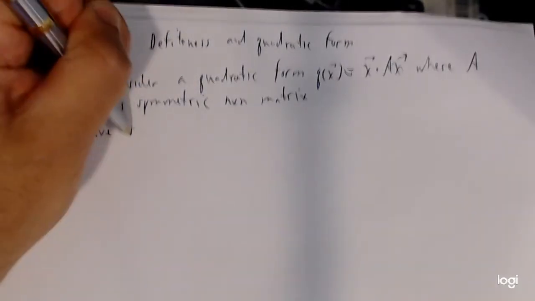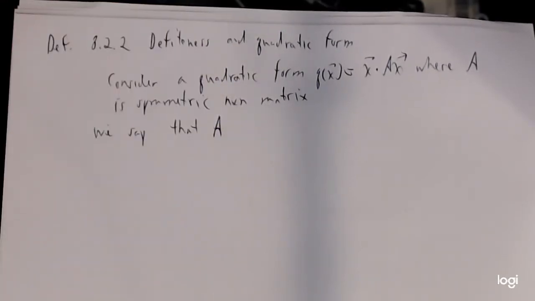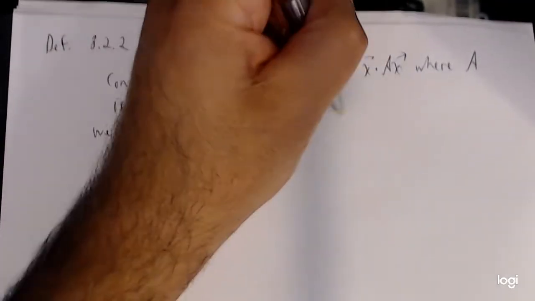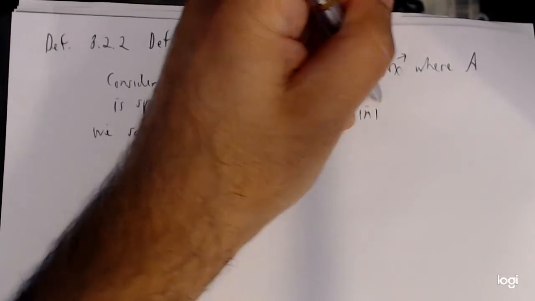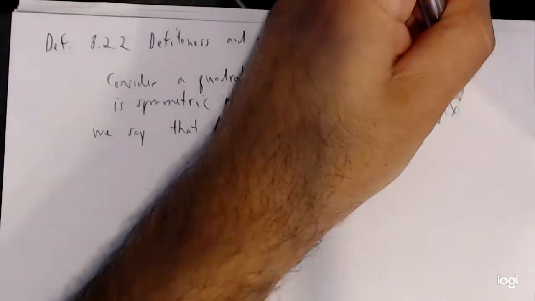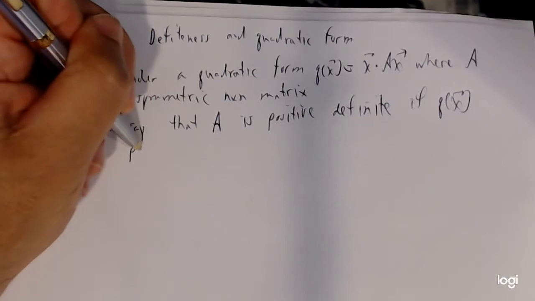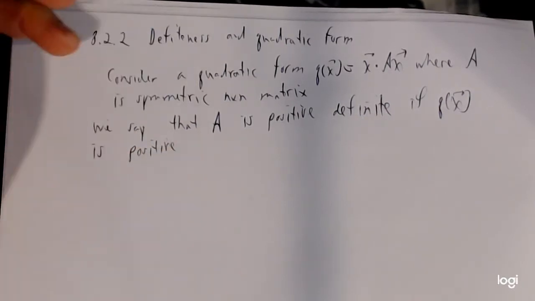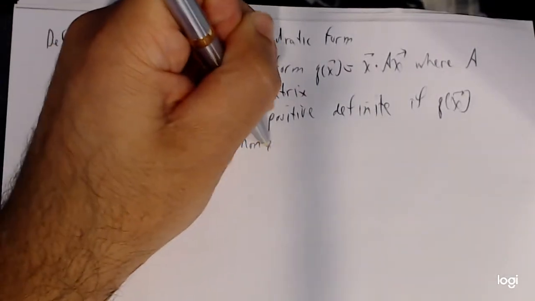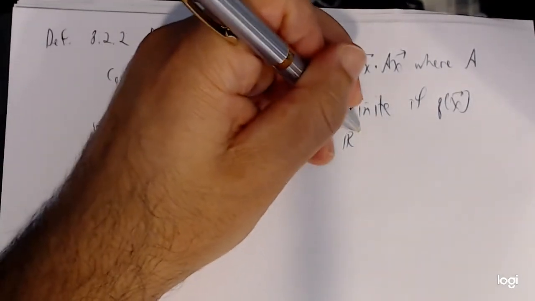So we say that A is positive definite if q of x is positive for all non-zero x in R^n,